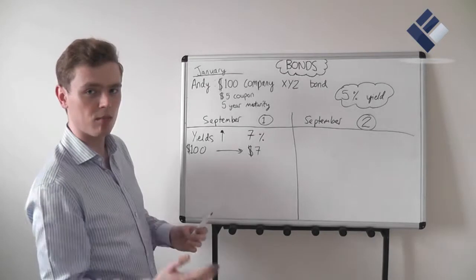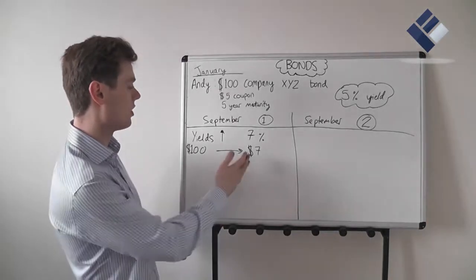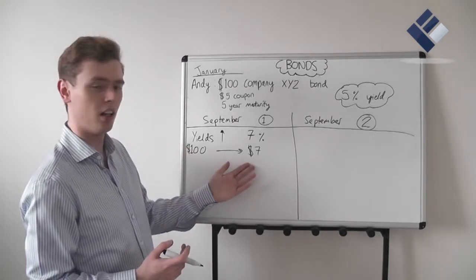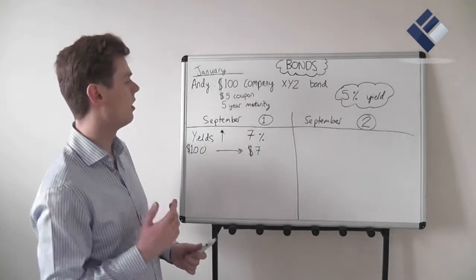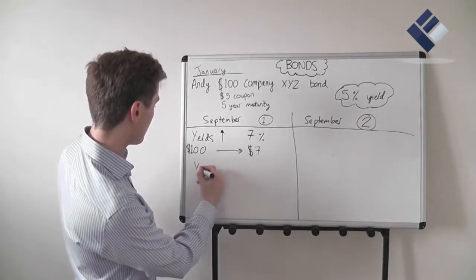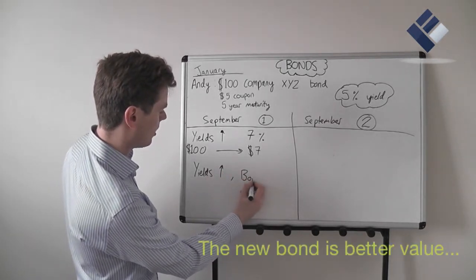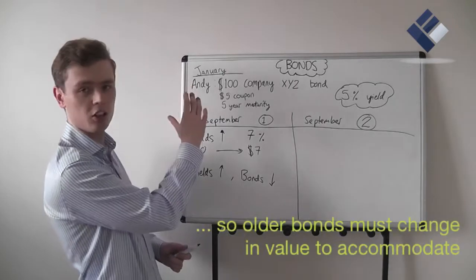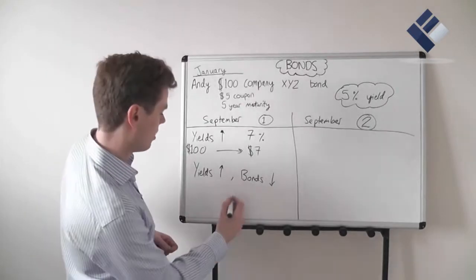Andy is exposed to the same risk of default as this new bond. However, this is offering a greater payment. So you have to say, well, when an investor can pay $100 for a $7 annual return, who would buy Andy's bond offering $100 for a $5 return annually? Well, the answer is nobody. Andy's bond must fall in value. So we say, as yields go up, bond prices fall. Bonds go down. It's simply a case, in the secondary market, all previously issued bonds must adjust to current market conditions.